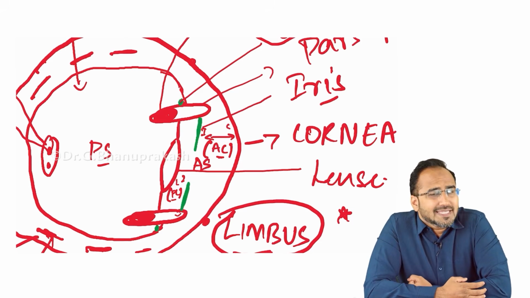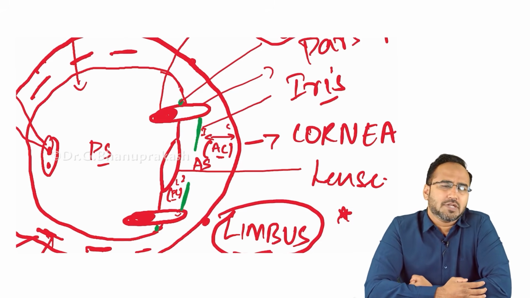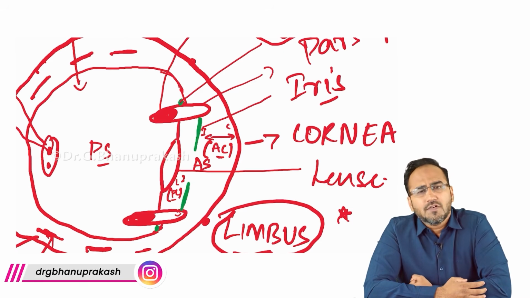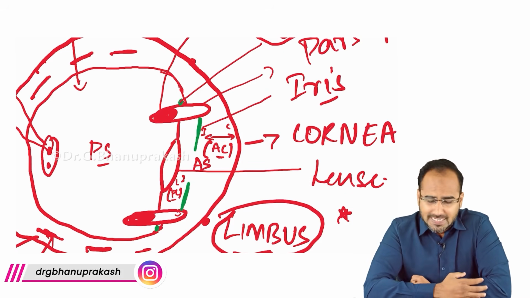The normal corneal thickness is 500 to 600 microns. On an average, you will see it is 540 microns. Right? Now guys, remember,